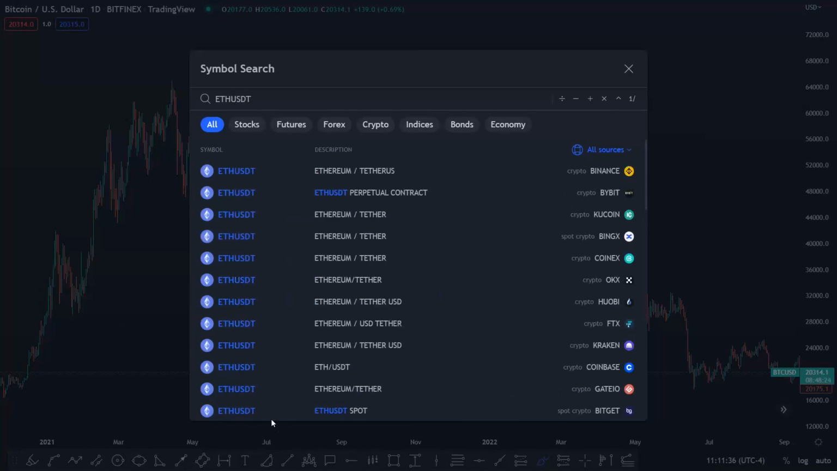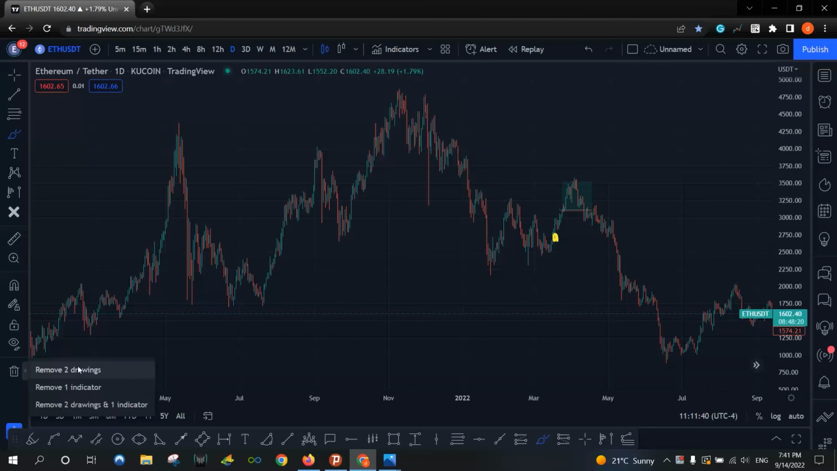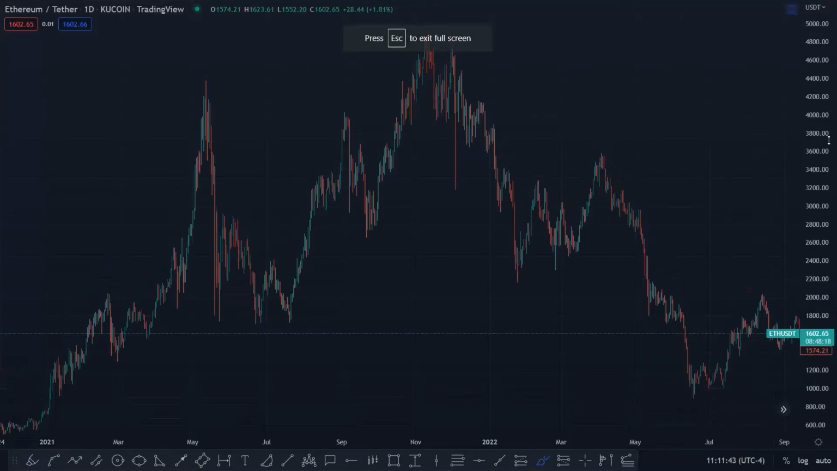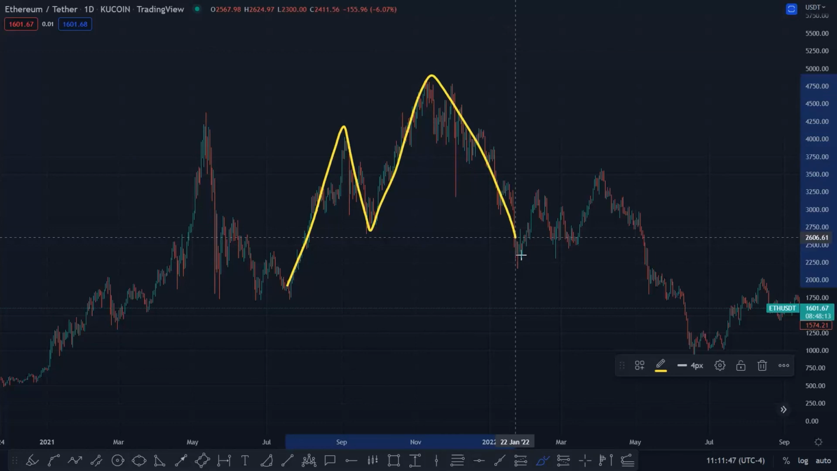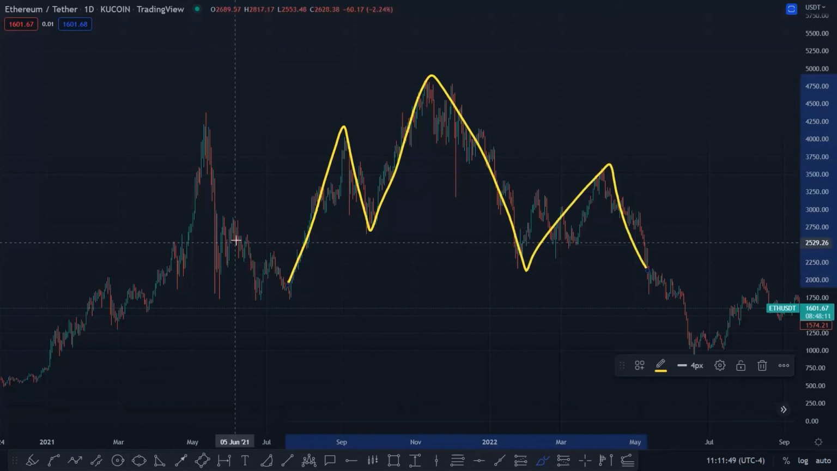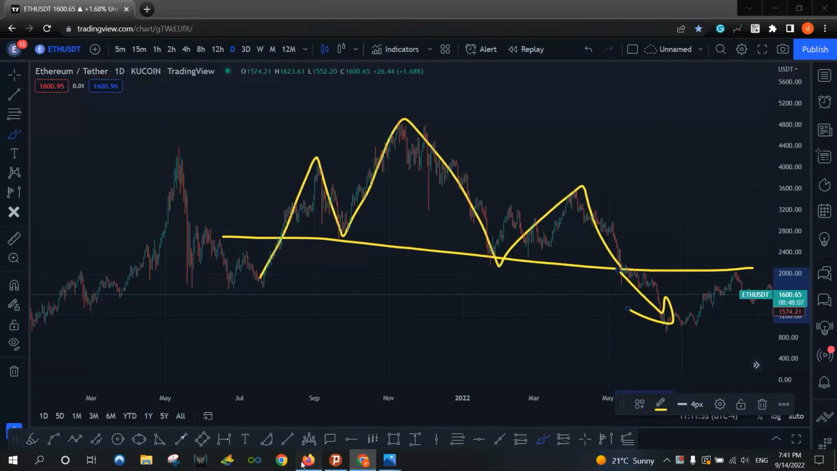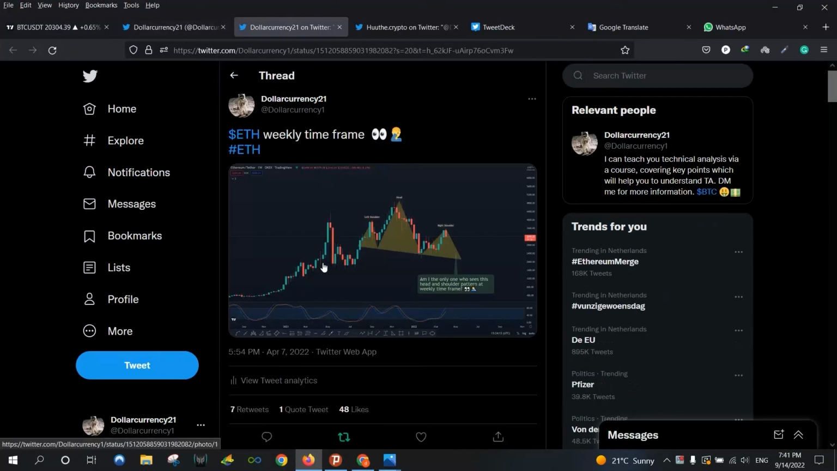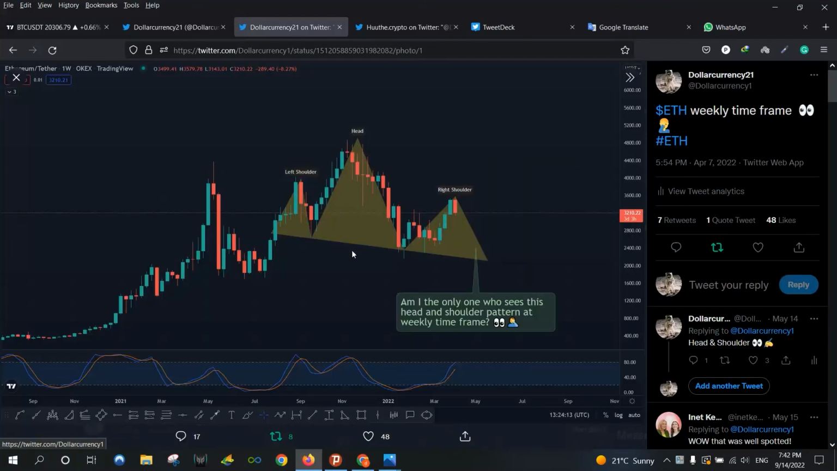Ethereum USDT, for example, let us jump into the KuCoin, clear everything. Okay. And as you can see, here is the left shoulder, head, right shoulder, neckline, downward. Yeah? And we had a beautiful tweet about that here. And you see the date, the 7th of April of 2022 here. We said that, guys, this is a head and shoulder pattern. The price of Ethereum was